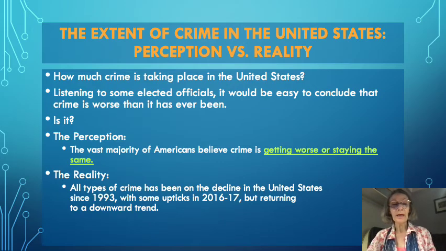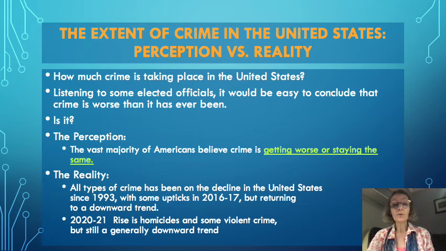However, the reality is that all types of crime have been on the decline in the United States since 1993. We did see some upticks in crime in 2016, but from 2016 to 2017, it returned to a downward trend. And as you're going to be reading this week in the article, in the pandemic years of 2020 and 2021, while general crime continues on a decline, including property crime,